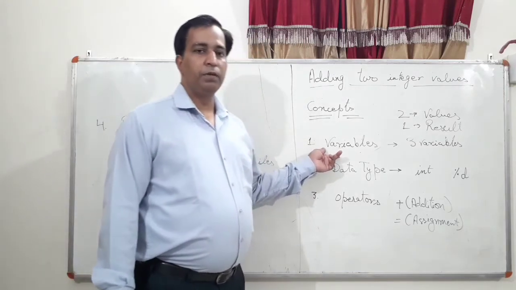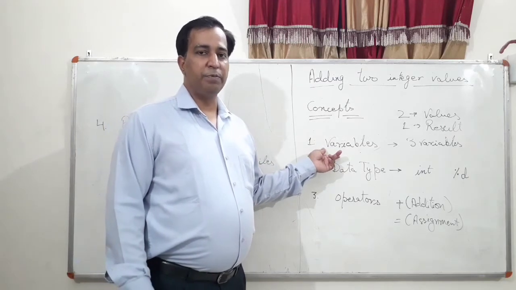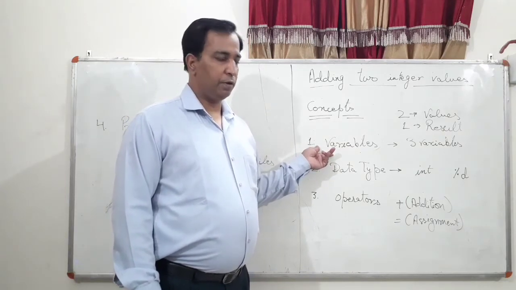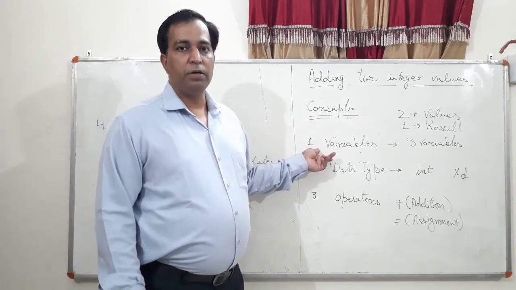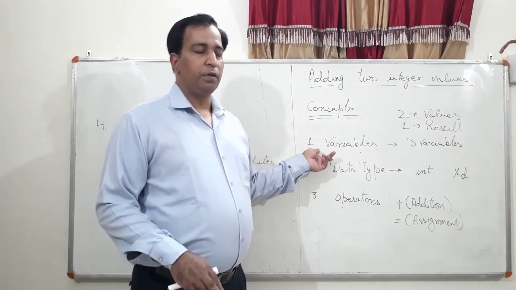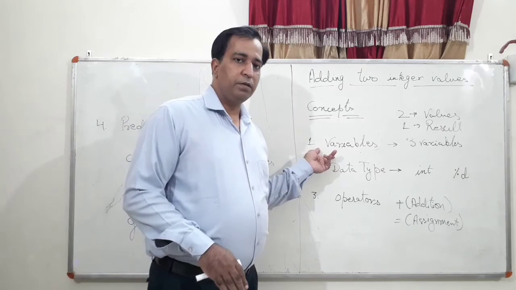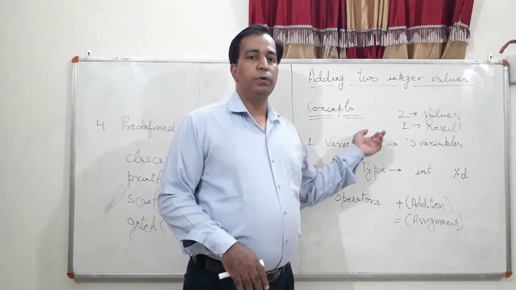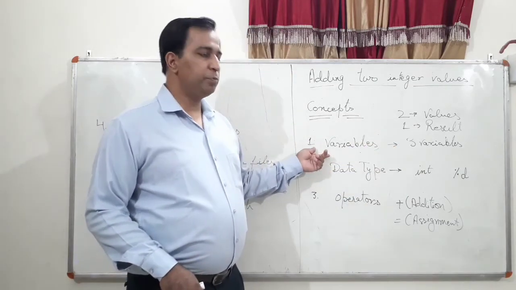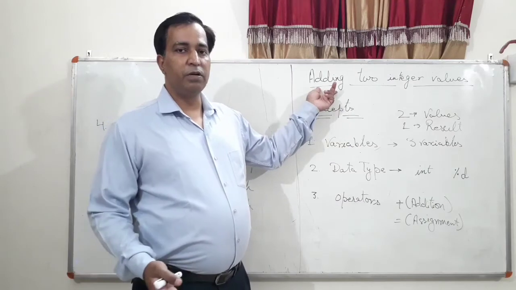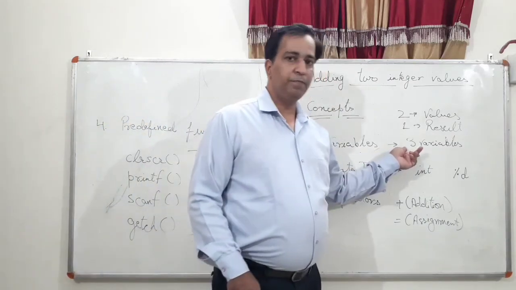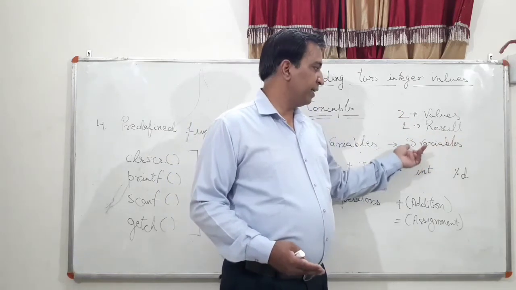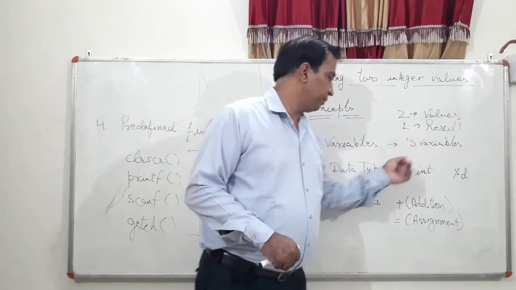What are variables? As you must have learned in algebra, variables are entities that can change their value, right? Now, when we talk about programming languages, a variable is the memory space where the value of the variable is going to be kept. In this particular program, we will need three variables, two to keep the initial values and one to keep the result. So that is how three variables will be required, right?